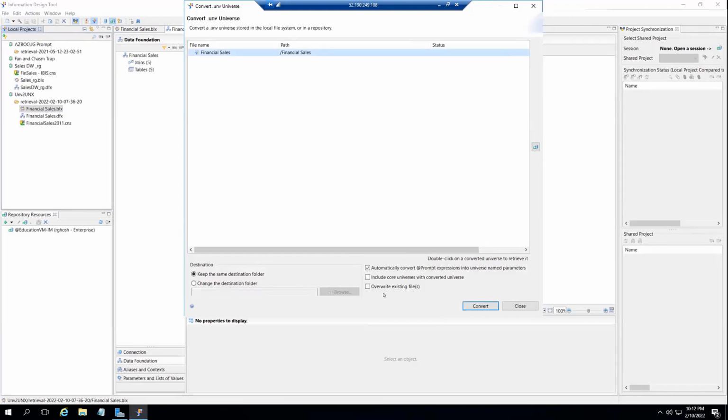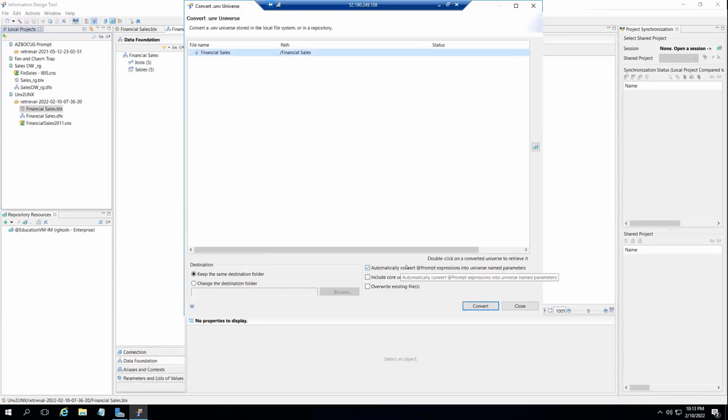And then it allows you to choose a few options, whether you want to create the new file in the same folder or choose a different folder, and a few other options like automatically convert at prompt expressions into universe named parameters. If you think your at prompt is at the business layer and it should convert into nice universe named parameters, then go ahead and do that.